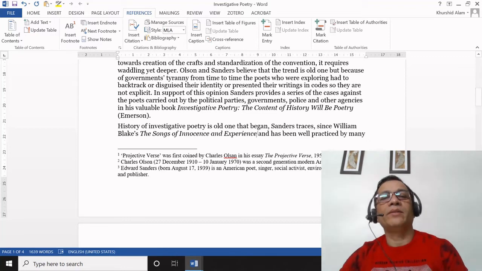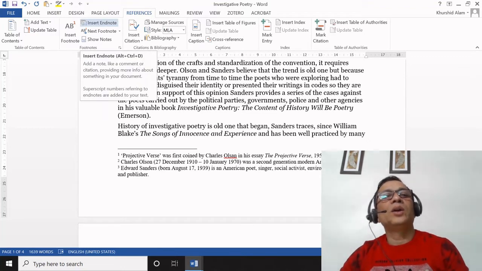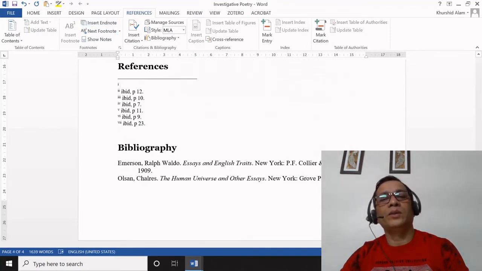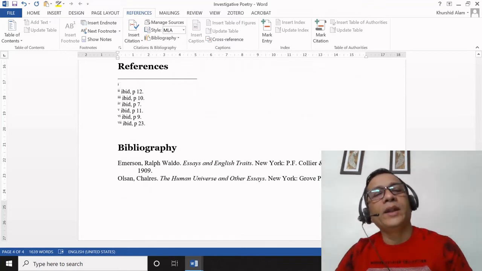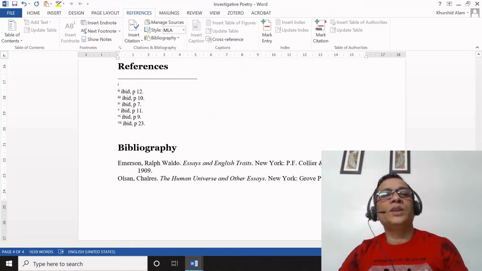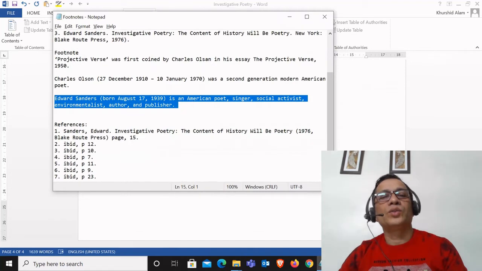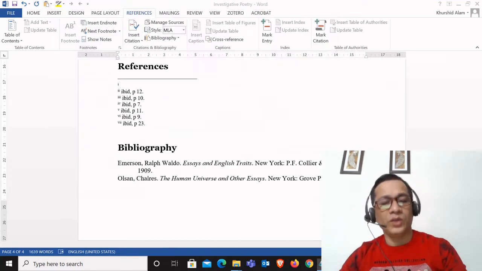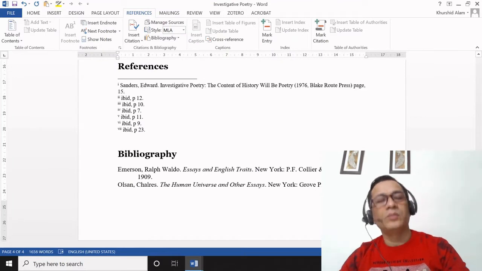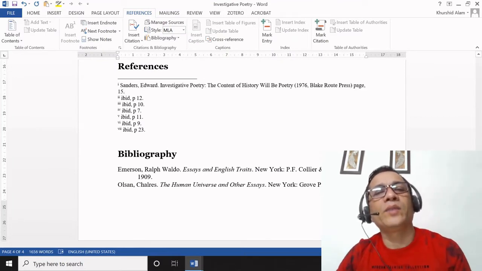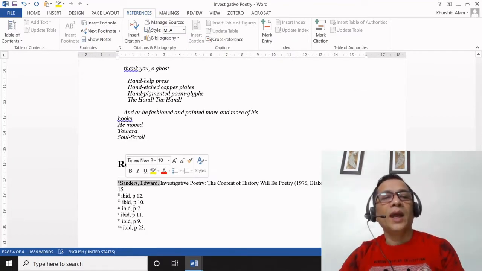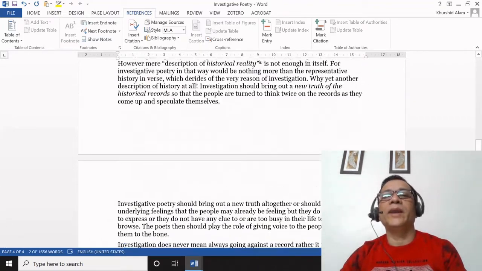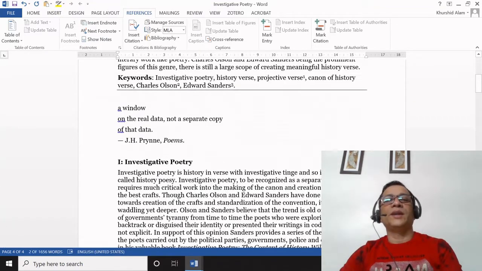So here I have added it, and then click Insert Endnote. You can see that one citation has been added here. So I'm going to copy the information for the citation because I had already created one list there. And then you can see that I have added this citation.